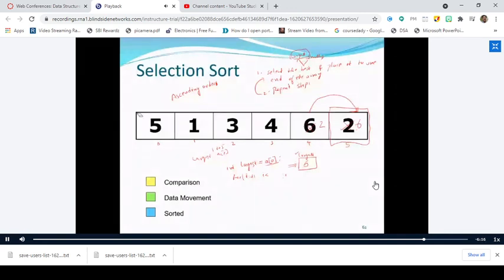Now you perform the selection sort for the remaining elements. So these are the list of remaining elements 5, 1, 3, 4, and 2. Now you again find the largest element, that is 5. What is the largest element in the second iteration? 5. Largest is equal to 5. You have to move this largest element to the end of the array. What is the last element of the array? 2. So you swap this 2 with 5.